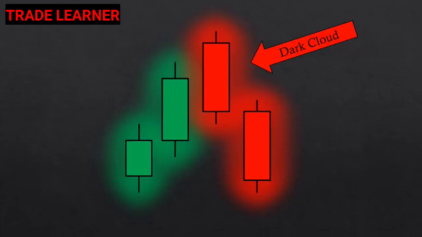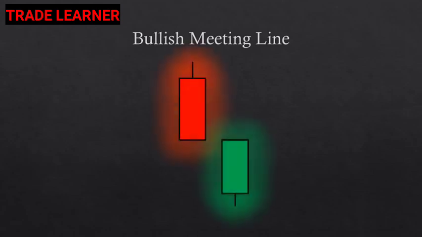The first pattern is called bullish meeting line, which is similar to the piercing line since it's a bullish reversal pattern, but it's a weaker signal. The bullish meeting line also displays a gap down between the first and second candles, but unlike the piercing line, in the bullish meeting line there is no violation of the line that represents the closing value of the first